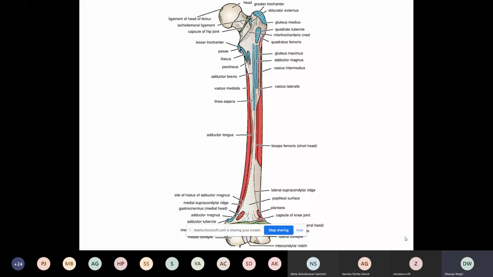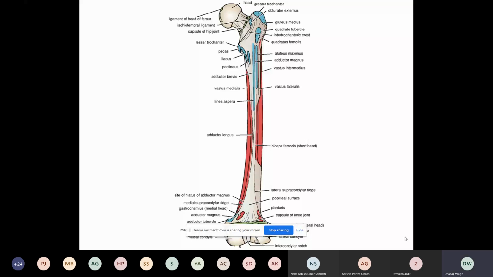See, regarding adductor magnus, insertion into the medial margin of the gluteal tuberosity, linea aspera, medial supracondylar line, and the adductor tubercle. And towards the lower side, it gives the gap for the popliteal vessels. Okay. Then see, there is a pectineus insertion extending from this lesser trochanter to the linea aspera.